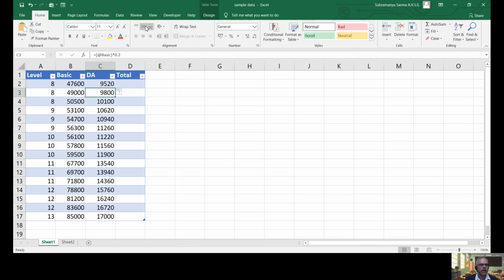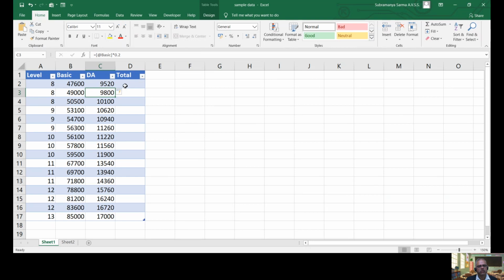See here, whenever I give a formula and press enter, in normal data, generally the value will be computed only for that cell. If we want to extend that formula to all the rows, we have to either double click on the column or drag, isn't it? But once we convert the data into a table, you need not do all those things. If you apply the formula in one cell and the formula is correct, then automatically Excel will compute values for all rows instantly.